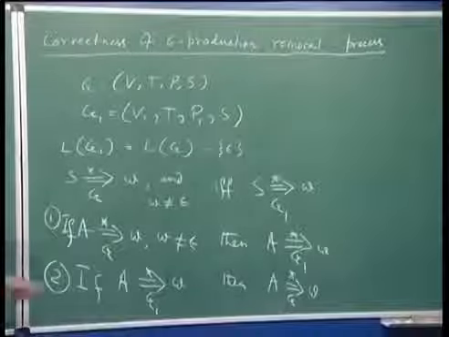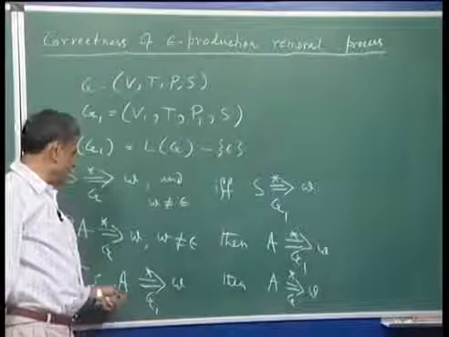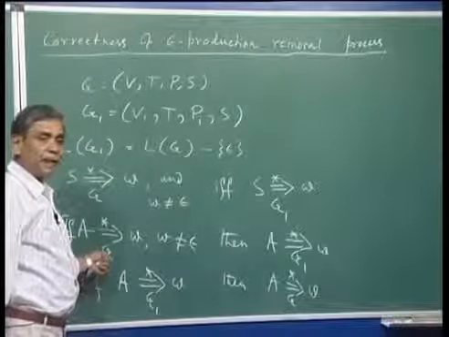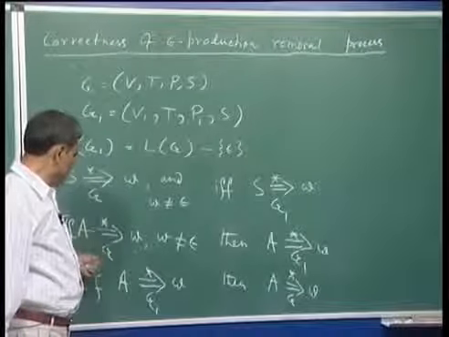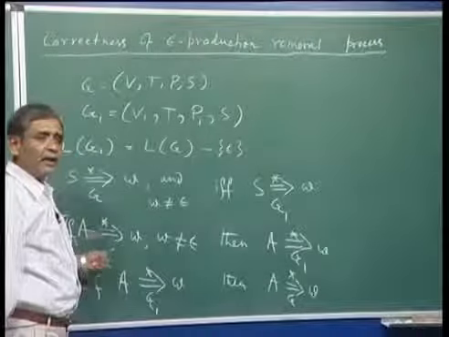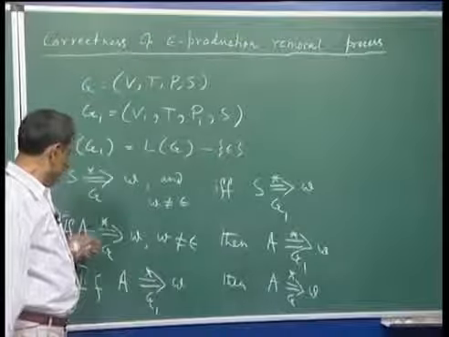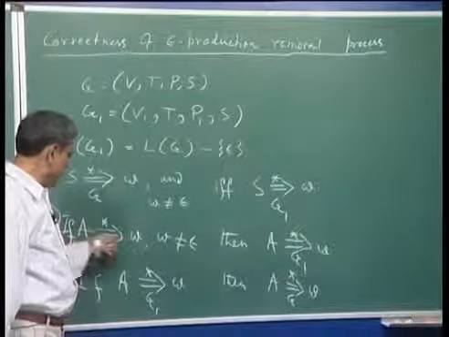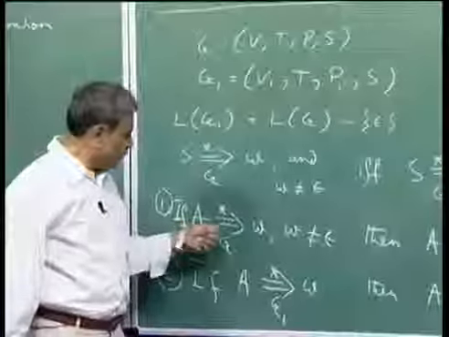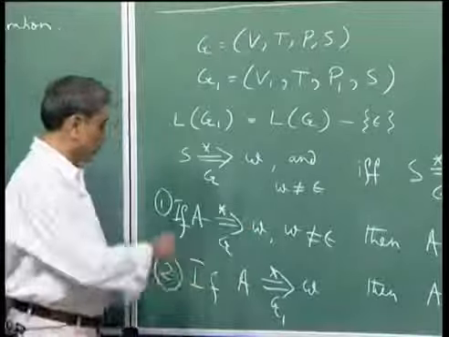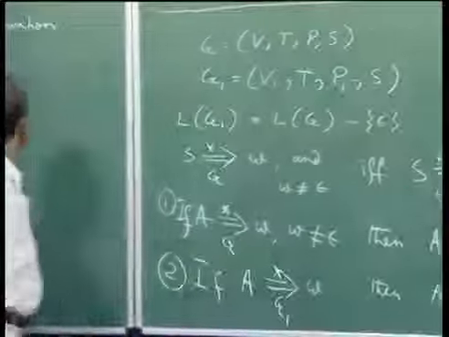Here, the hypothesis is that we are deriving W in G, and let us say that what we are trying to show, that for every n equal to 1, n equal to 2 and so on, that if there is a derivation of length n, this statement will be true for all derivations of length n, basically the induction on length n.